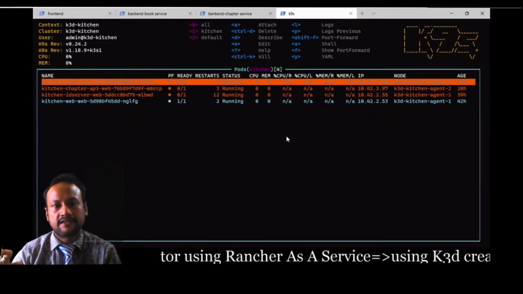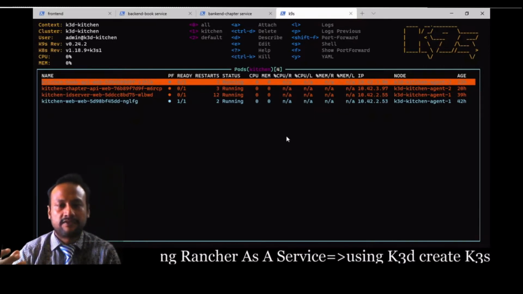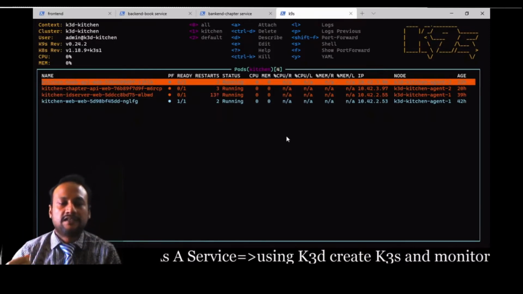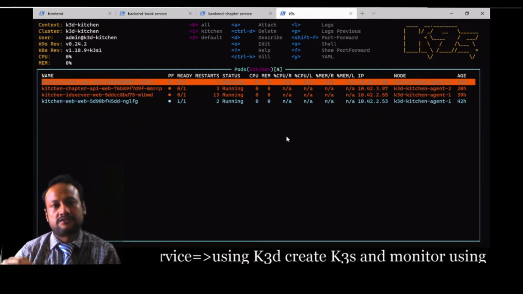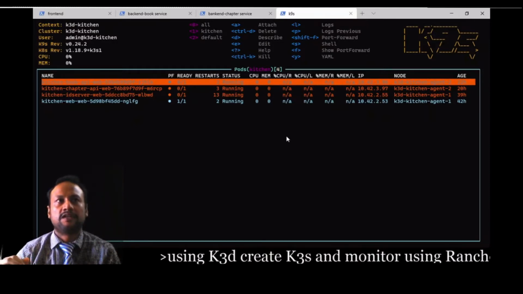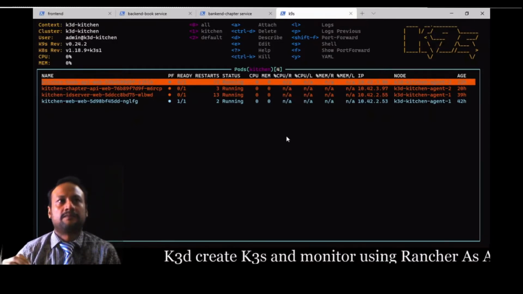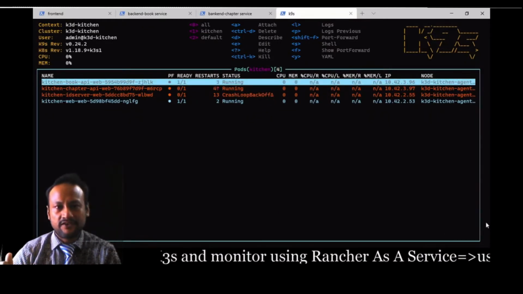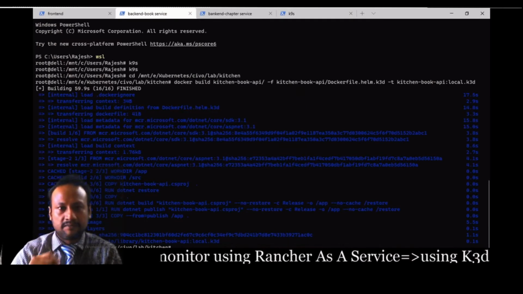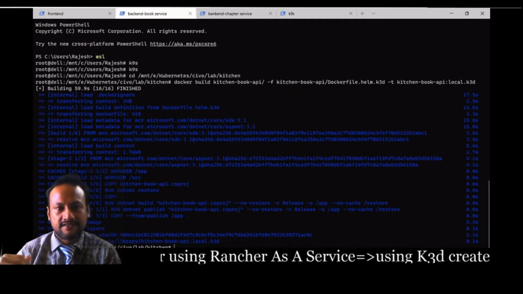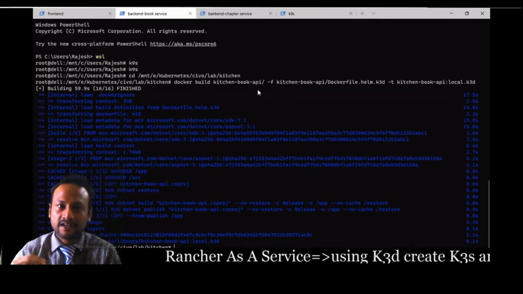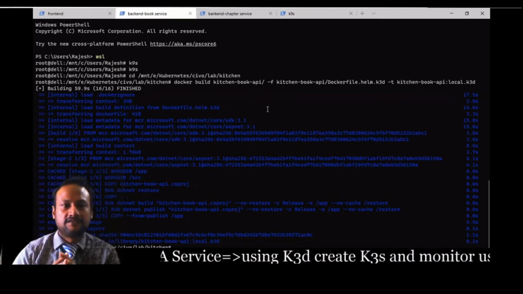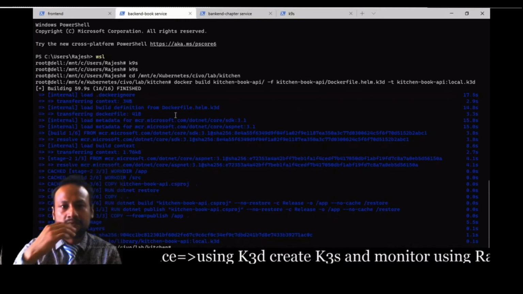K9s is a fantastic tool to monitor the status, see the logs, describe the pods, and navigate between the different namespaces. Sorry for that, it's taking some time, because there are a lot of things behind the scenes which we have done in a short span of time. We initiated the cluster. The cluster has a lot of services to be online, then it gets to our microservices.